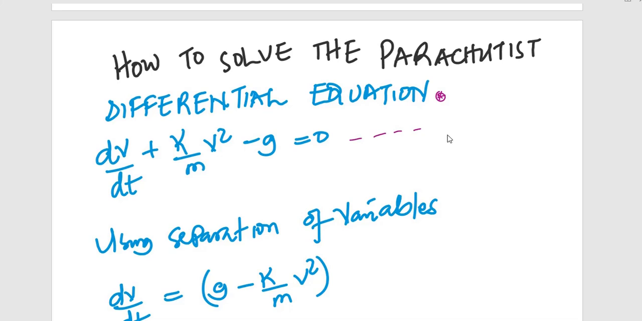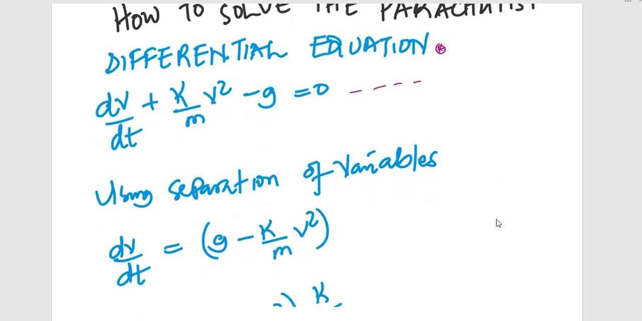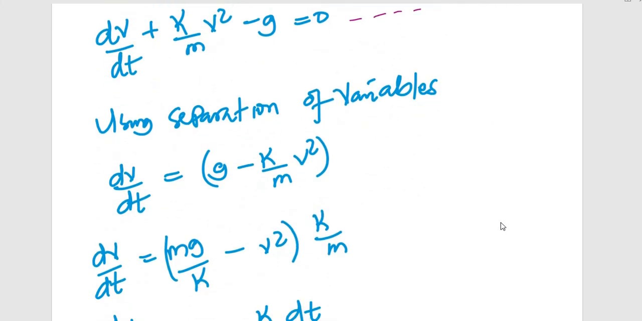first order differential equation. Now, we can solve this in very many ways, but in this particular video we are going to use separation of variables. So if I look at my equation, this velocity is changing with respect to time. This is a constant, this is a constant, this is a velocity squared minus g, and this is a constant, equal to 0. Therefore,